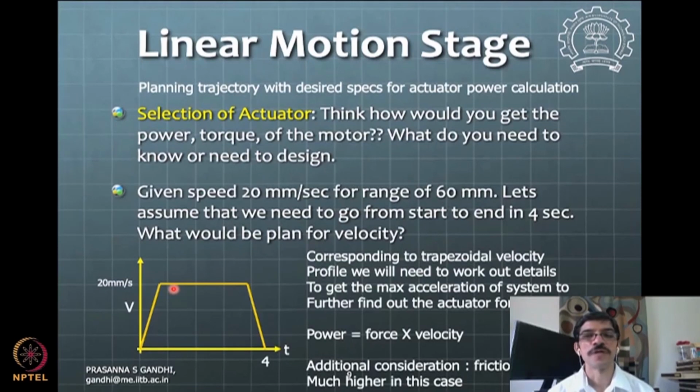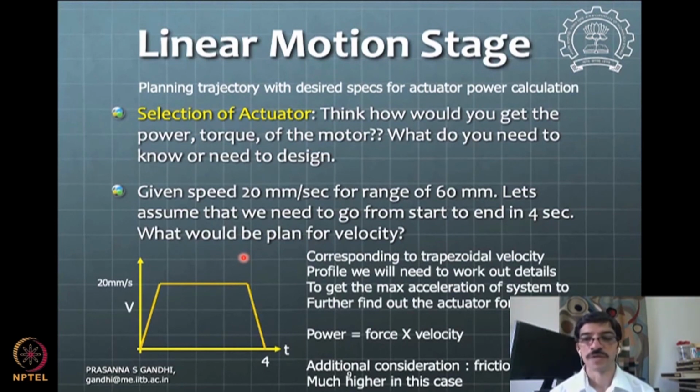Okay, so these are the kind of sense, or this kind of a feel of how one has to think and get to the estimates of power. Okay, so this is the power corresponding to inertia, and then we can estimate the power corresponding to friction losses, and then we get the total power in the system. Okay, so this is a typical exercise one would do for any mechatronic system selection of sensors